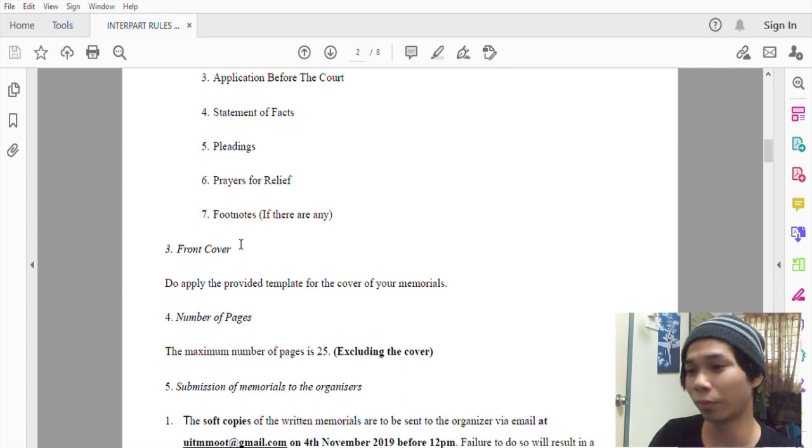That's most important for the judges to determine and calculate the scoring and the marks allocated for your team or group. And you have to put the number of pages, so it's easier for the judges to refer which page. And for the authorities, do put the page number for the authorities so that the judges can find the case and provisions on which page that you are using it within your written memorial.